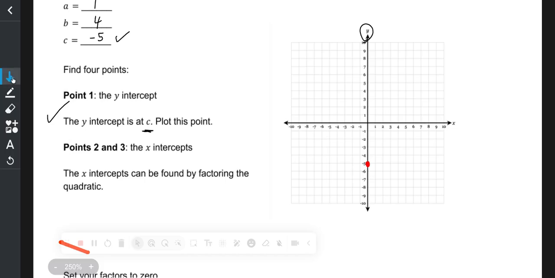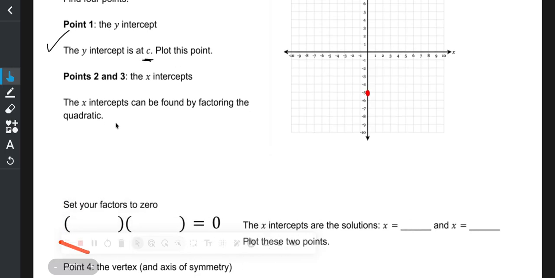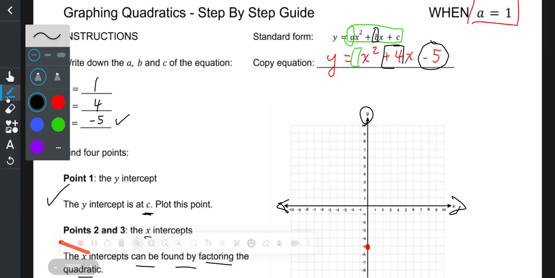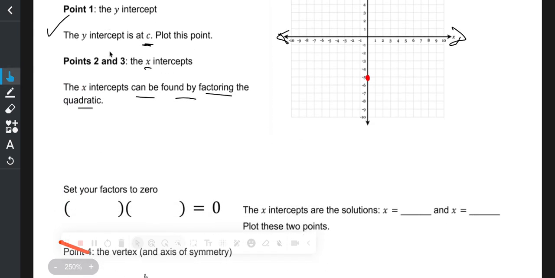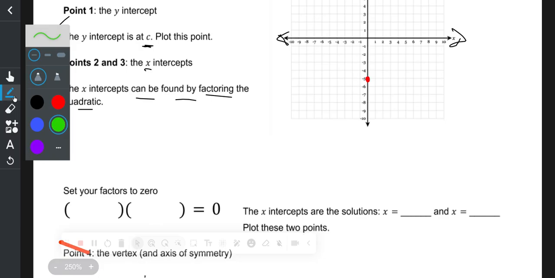Okay? Points 2 and 3 are the x-intercepts. So the x-intercepts are going to be the points that lie on the x-axis. They can be found by factoring the quadratic. The quadratic, what is that? That's what this is. It has this pattern that we call a quadratic. So we have to factor x squared plus 4x minus 5. And so that means it's your good old x method,